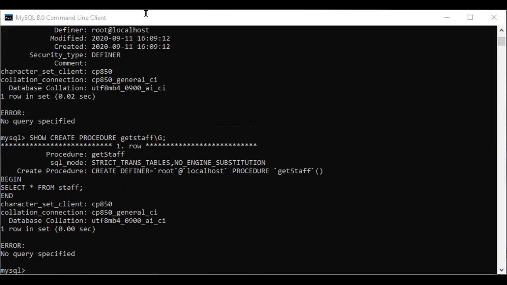Okay. Then sometimes, how many stored procedures are created in a particular database? We want to know that too.